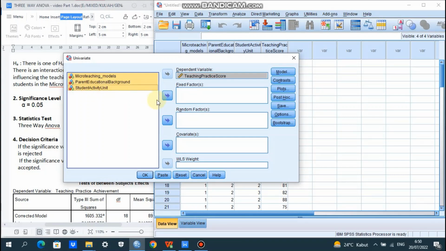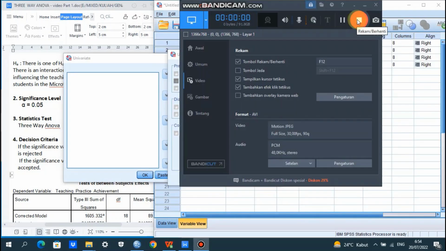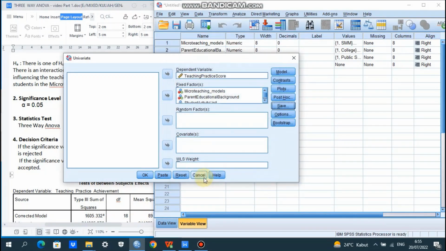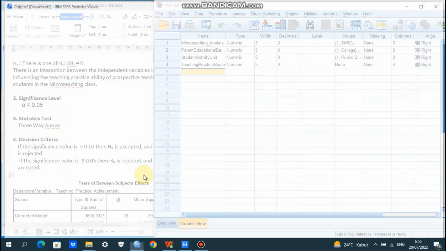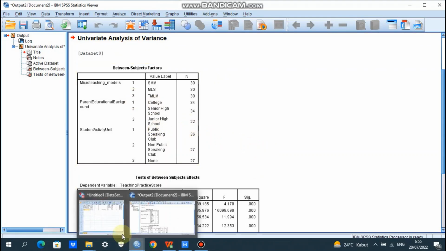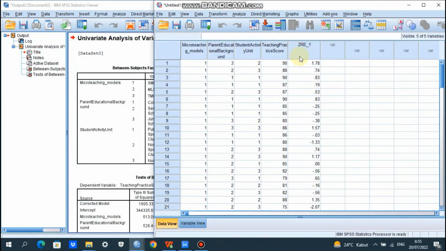Okay. And then we go to save, standardize, and then continue. We click continue and then we click OK. Okay, we have the outputs here, but we do not pay attention to this output, just ignore it. We need to go to the data view. We have already got the standardized residual here, that we are going to use for